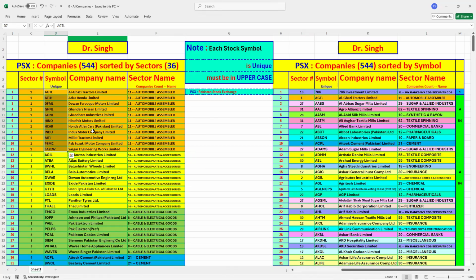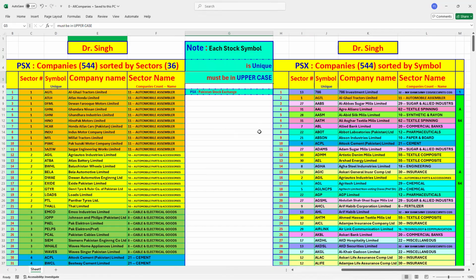Now, before I get into it and forget certain things, I must mention something over here. PSX is, of course, the symbol of the company called the Pakistan Stock Exchange, PSX. And here is the important part. Note each symbol I'm reading. Note each stock symbol is unique so that the PSX could recognize individual companies through their symbol. They work with the symbols only. Okay, well, most of the time, all the time. Once in a while, it's different.